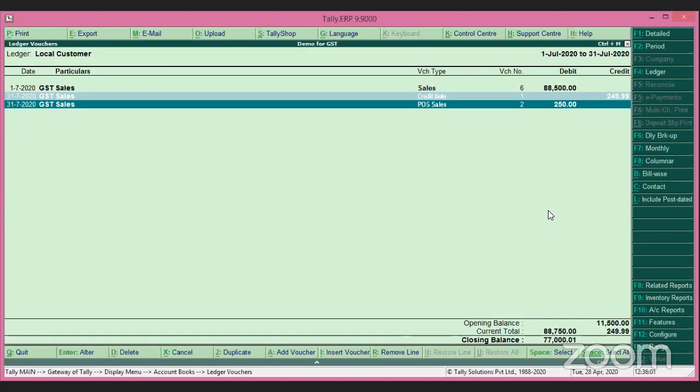See, whatever entry we make in point of sale, it is not stored here except the gift voucher. Gift voucher alone comes and stores in the ledger. No credit card, no debit card, no check, no cash. Except gift voucher, no other entries get stored in your ledgers. Any doubts, you can ask me. Now,